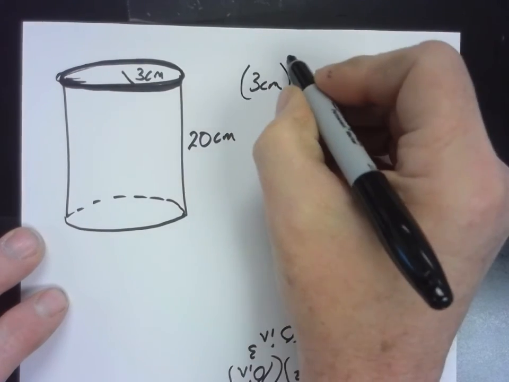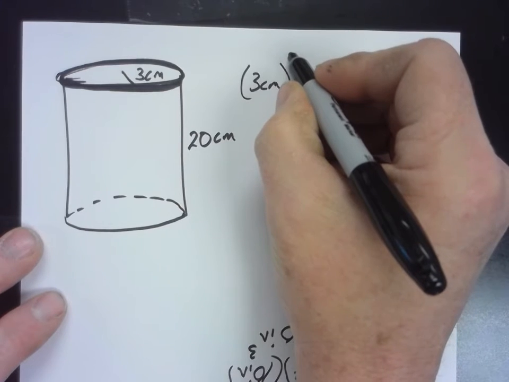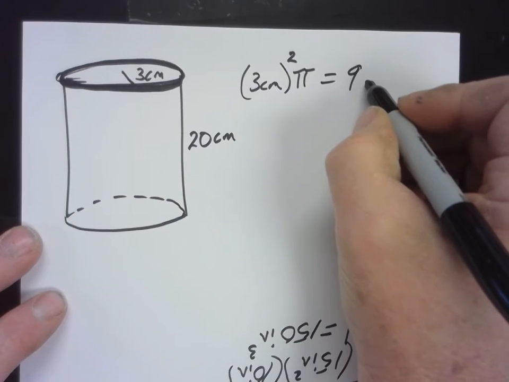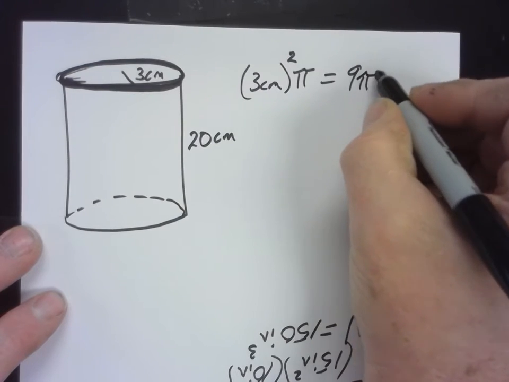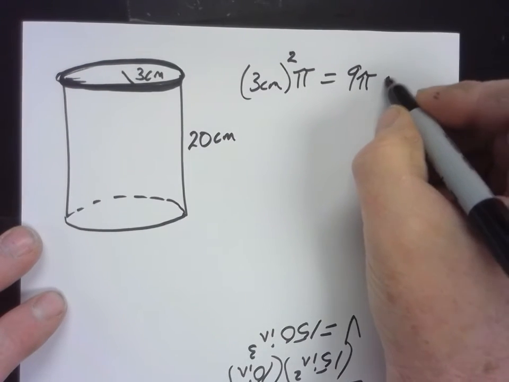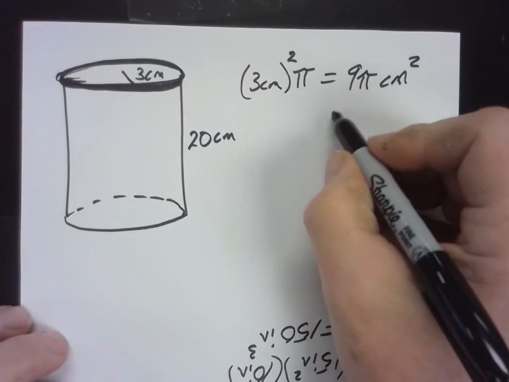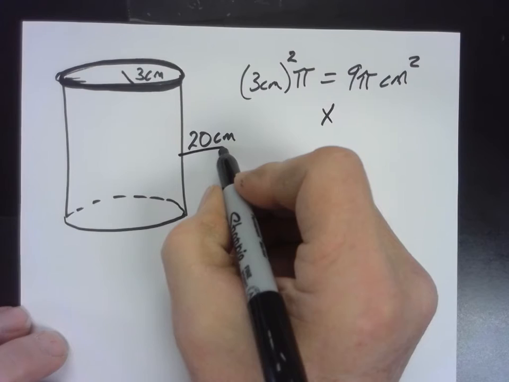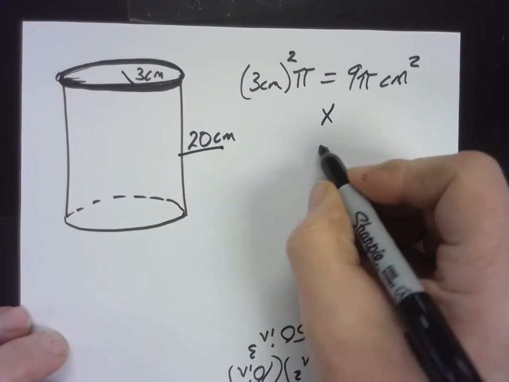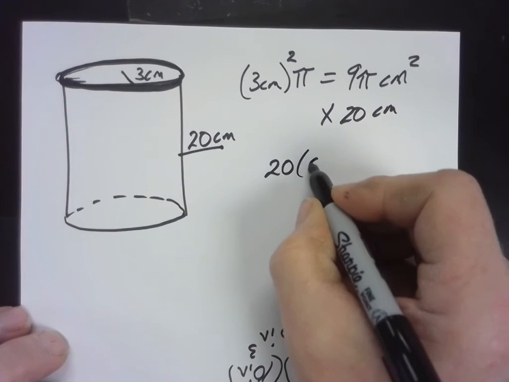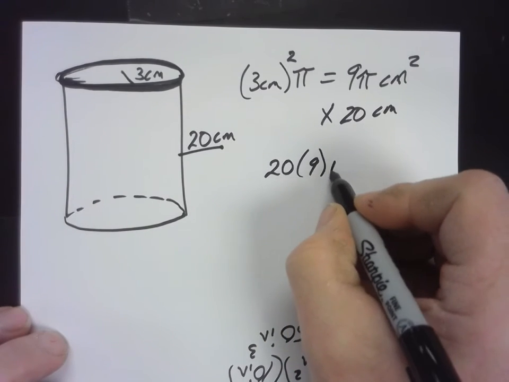What? I heard 9. 9 times what? Pi. And what type of centimeters? Square centimeters. That's right. That's the area of the base, times the height, which would be 20 centimeters. Now look, if you take 20 times 9 times pi,